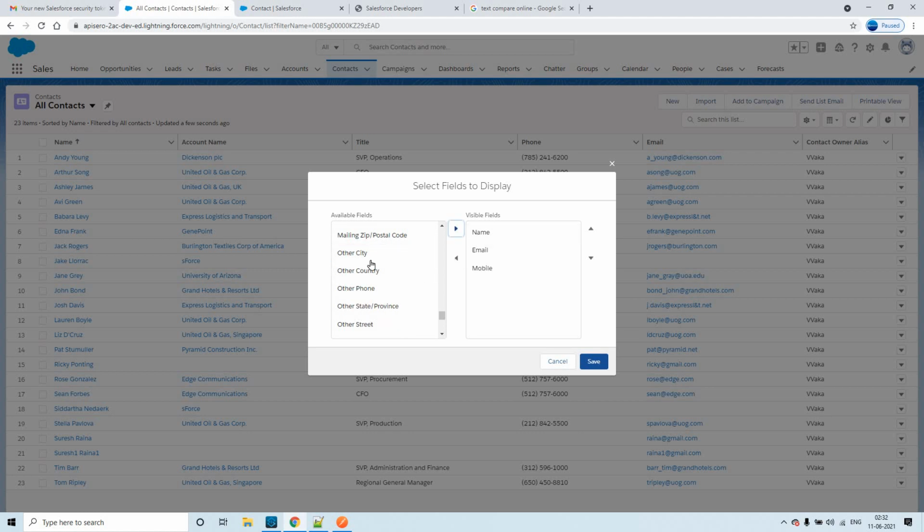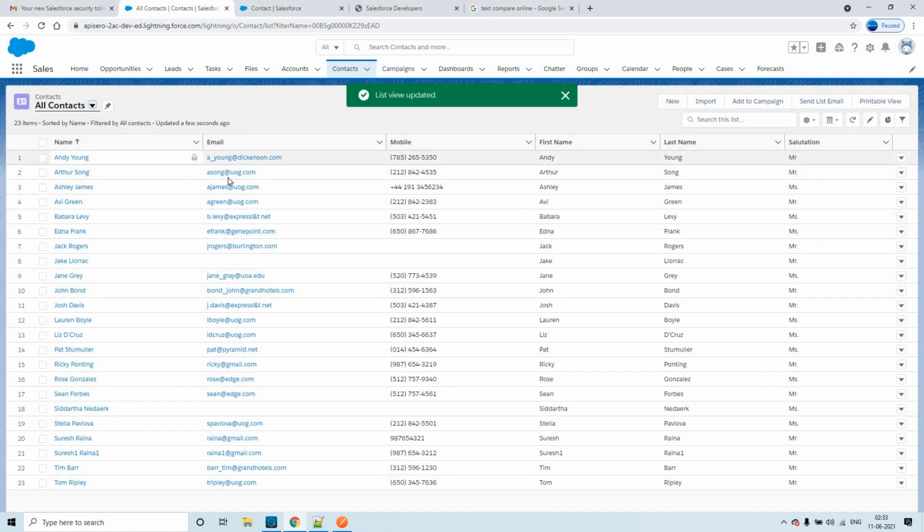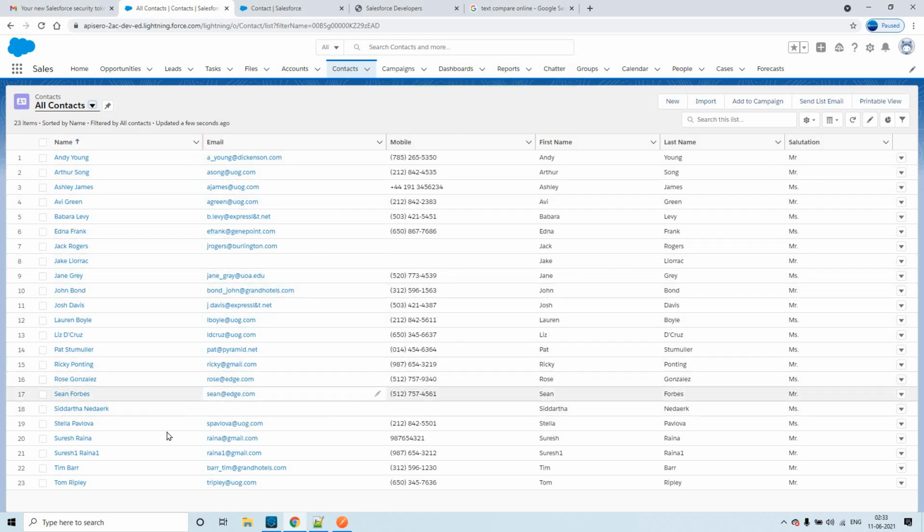Mobile I'm adding, and also first name, and somewhere we'll see the last name. Anything else? I think we have added salutation as well, so I'm adding this one too. Click on save. When you click on save, see, it has sorted with these things. So we could only see email, mobile, first name, last name, salutation, these 5 to 6 fields. So this is how you can customize the view within Salesforce, in different objects.